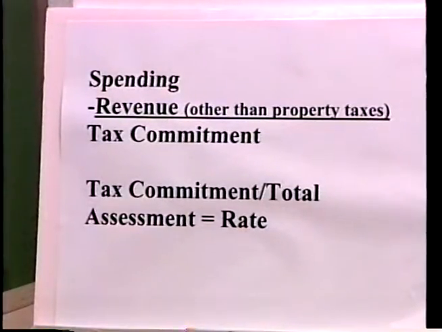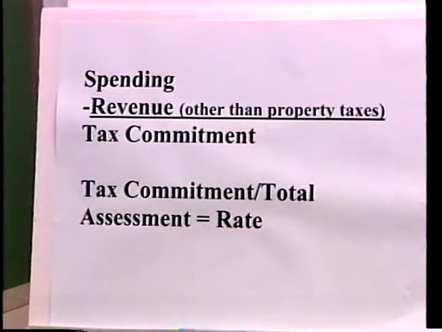Those communities have formed a group called CAFE, which is a Coalition for Adequate Funding of Education, which is suing the state over this, what we believe to be an unfair reduction in revenue. But the total loss of revenue is over $300,000 for Plaistow. And a large part of the increase in the school tax rate is due to the fact that those revenues were lost. So going back to chart number 1 if we could, which shows spending minus revenue equals the tax commitment, we do have a lot of revenues, but this year we have less revenue than in the past because of what happened there at the state with education.